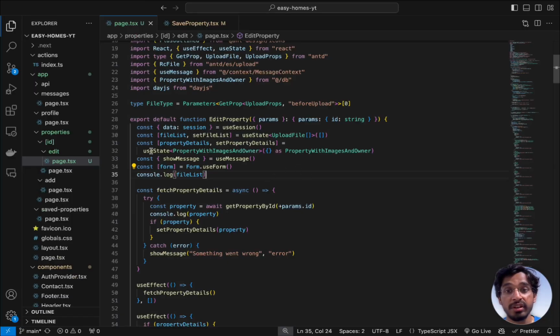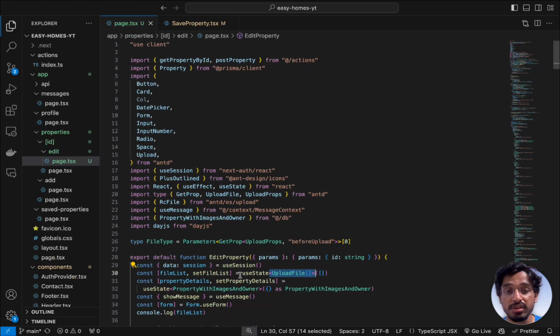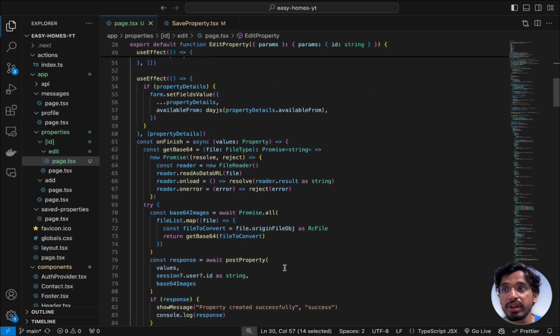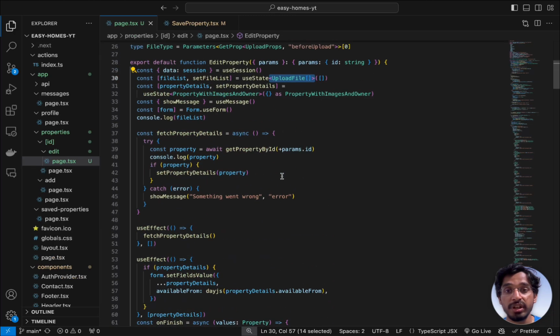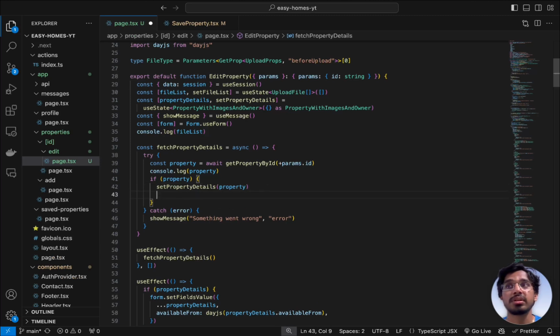So we have a state here to hold all the images in the form of a file list, and this is annotated by the design form upload file. All we need to do now is loop across all the images that we have and store them in the file list. So we can just go to the fetch property details function that we created. Here, along with the property, if the property exists, we also need to set the file list to the existing images. So let's call this existing images